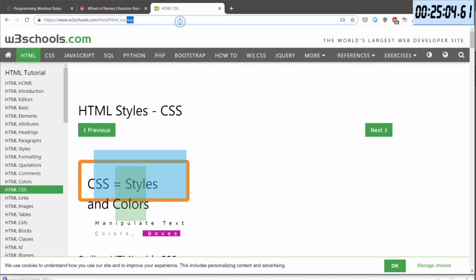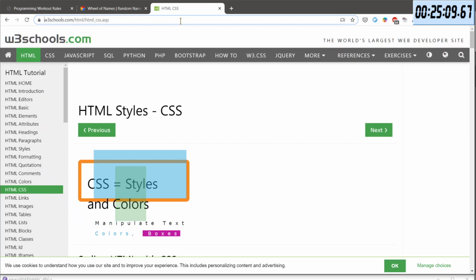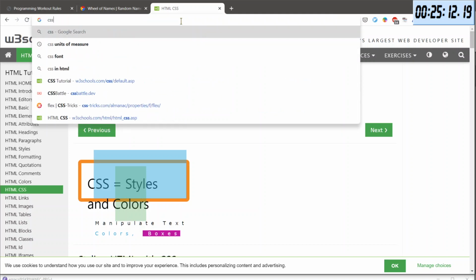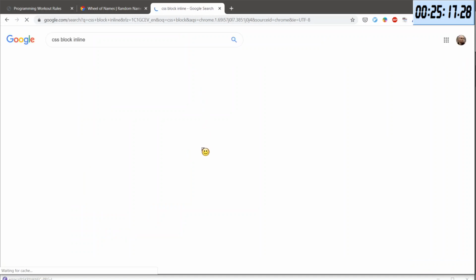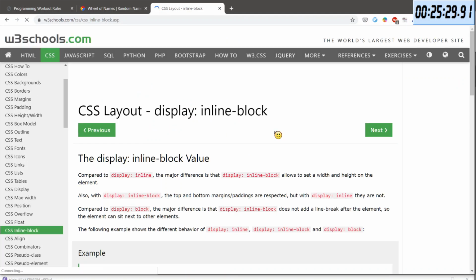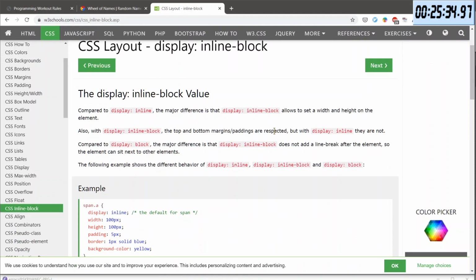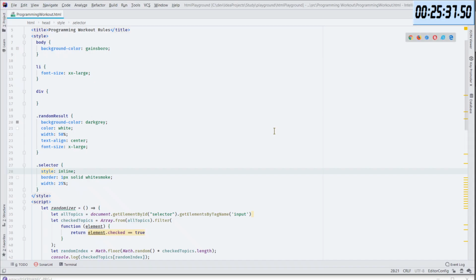Okay, so I'm changing the style in here. So we will do CSS block inline. Here we go. Oh, inline block. Inline block sounds awesome to me. Display this. Okay. I'm forgetting things.